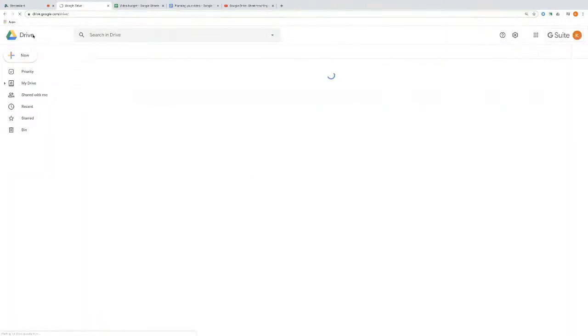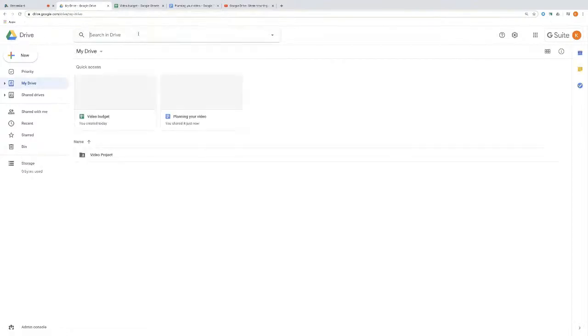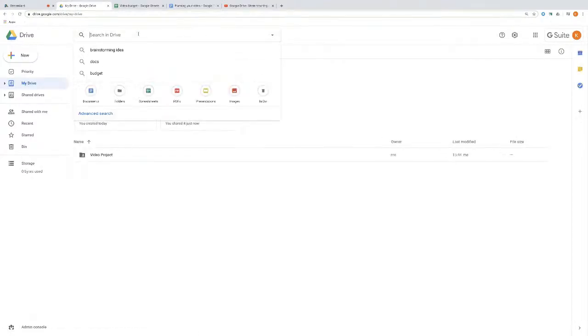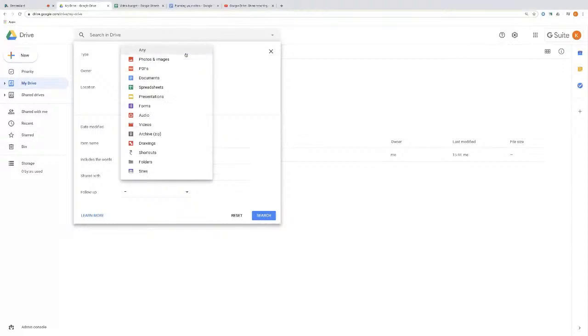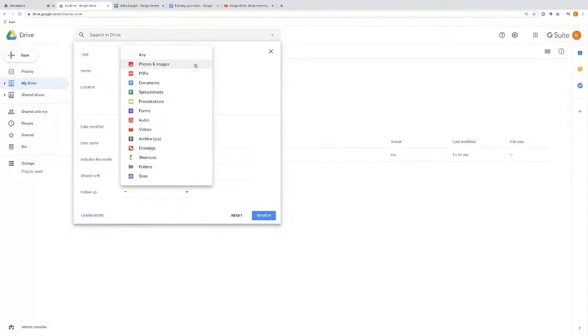Going back to the top level of the drive in the top left-hand corner, we can use the search bar to find any of our folders, and simply by selecting on it, I can filter it for a variety of documents. I can use the advanced search, and I can choose to find anything which is a photo or a PDF or an audio file, videos, drawings.